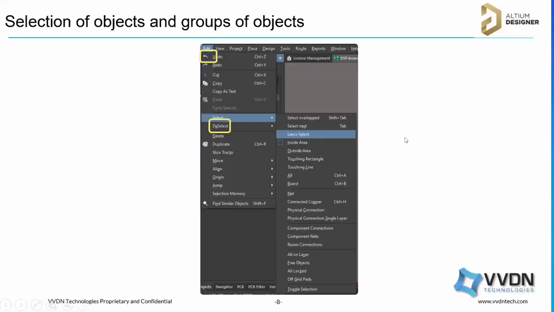In the Properties window, you have a filter option. You can select only components, or only tracks, many things are there. Okay, and under the select option, we have lasso select and inside area, touching rectangle. This we will see. There are different options to select the objects and group the objects.